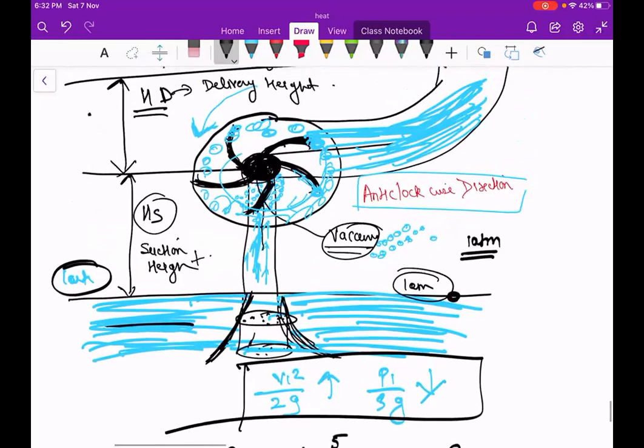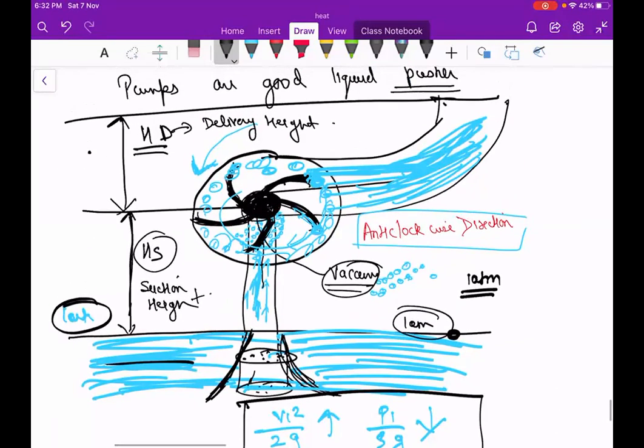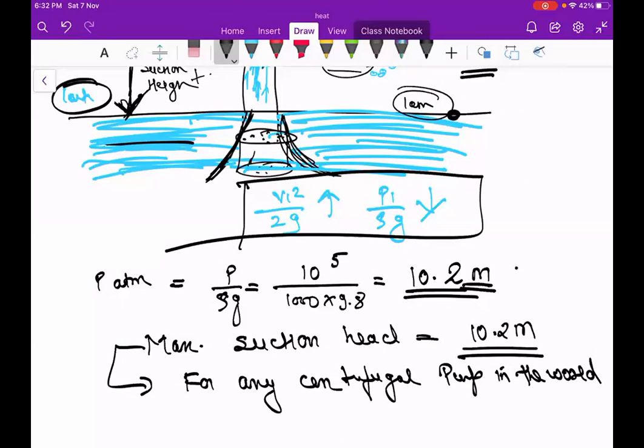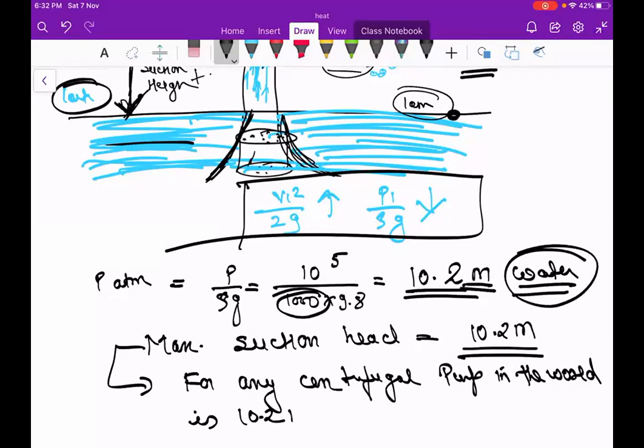Suction height means the height from the source of water to the pump. This 10.2 meter is for water. If the fluid changes, then this height will change, because we are taking the density of water. So it gives us the idea that the maximum suction head for any centrifugal pump in the world is 10.2 meter